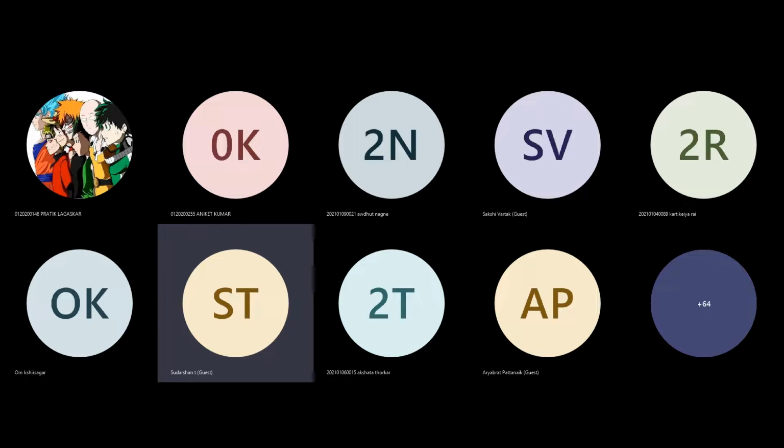So which of the following is a type of cloud computing service? So as you know, we have three categories. So this is one of them. Software as a service. Okay, so let me share the result. 81% have selected software as a service. So okay, this is the correct answer.